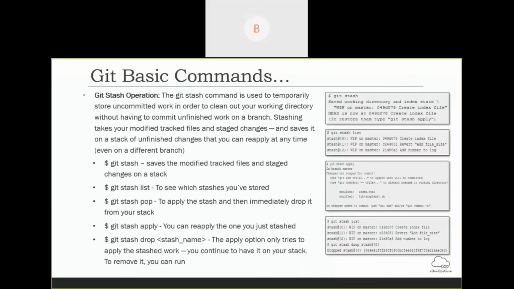Then you move to your branch and you can resume from the feature code which we developed last by using the git stash apply command, so that there is no rework to be done. So these are the different commands: git stash, git stash list, git stash pop, git stash apply. On the left and the right hand side you can see what the outputs are.